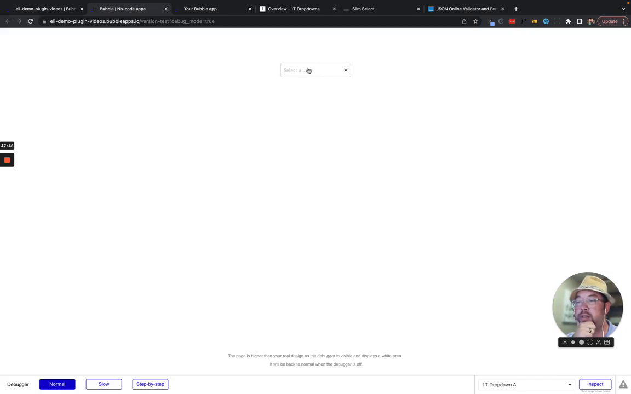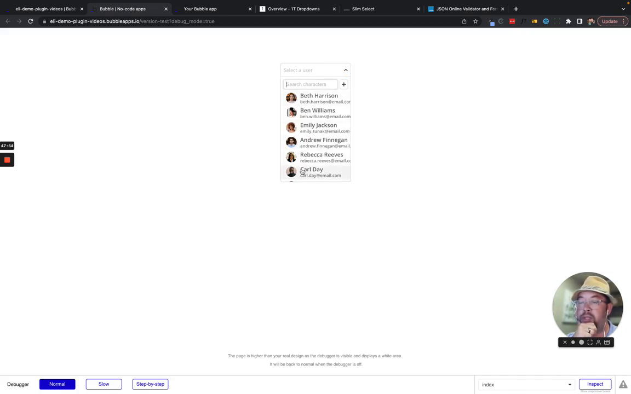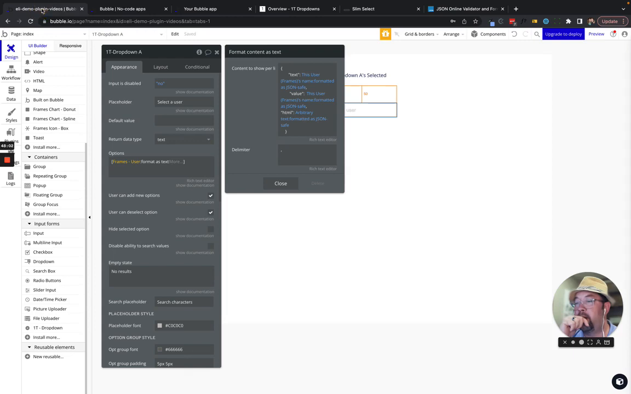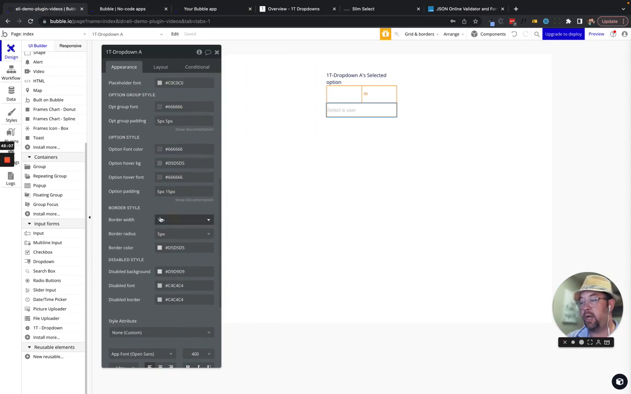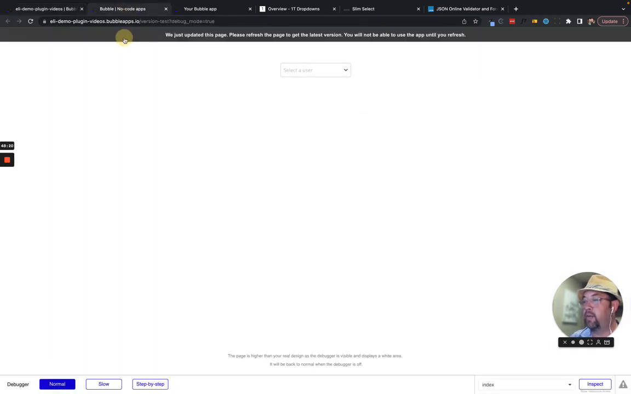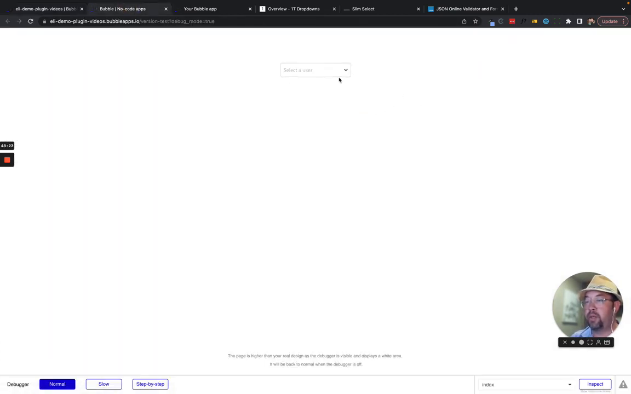All right, so it says select a user, and there we go. So now we have this really cool HTML view of our data. But you can see it's pushing everything around a bit. So let's just go down here and let's change our option padding. Let's just change this to 0, because we want to manage that with our HTML. We don't want to manage that any longer with the plugin functionality. So if we refresh this,